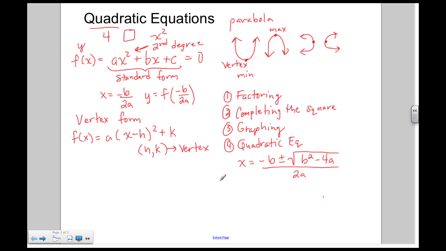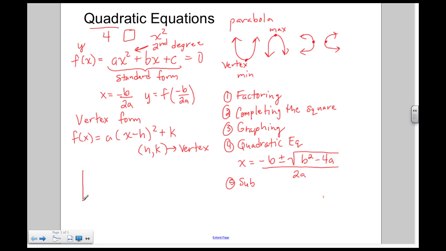And then the last method is the substitution method. With the substitution method, you're going to take a term, or you're going to take a factor of a term and substitute that for another value, and that should make it easier to use other methods like factoring or completing the square. Alright, and then I want to talk about the number of solutions that are available.